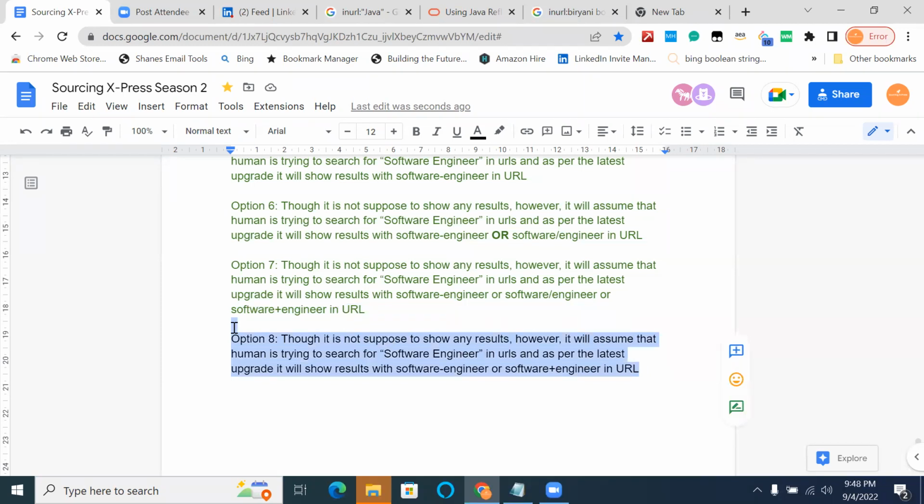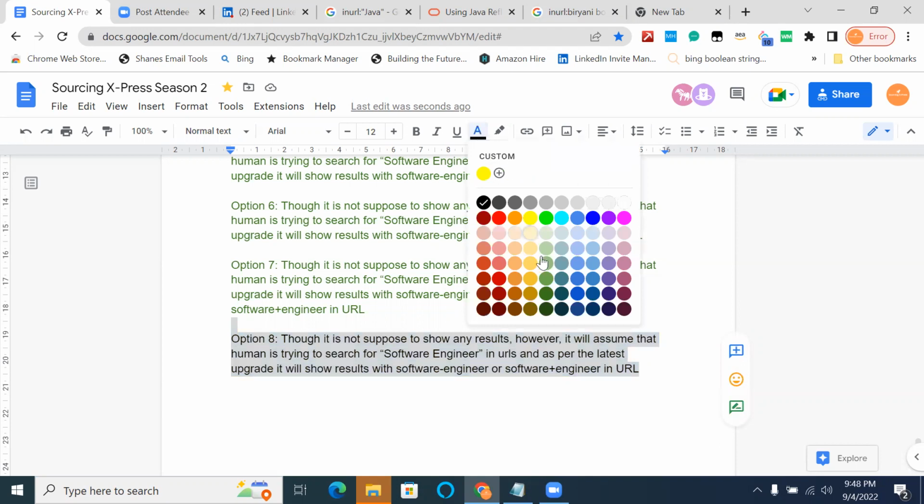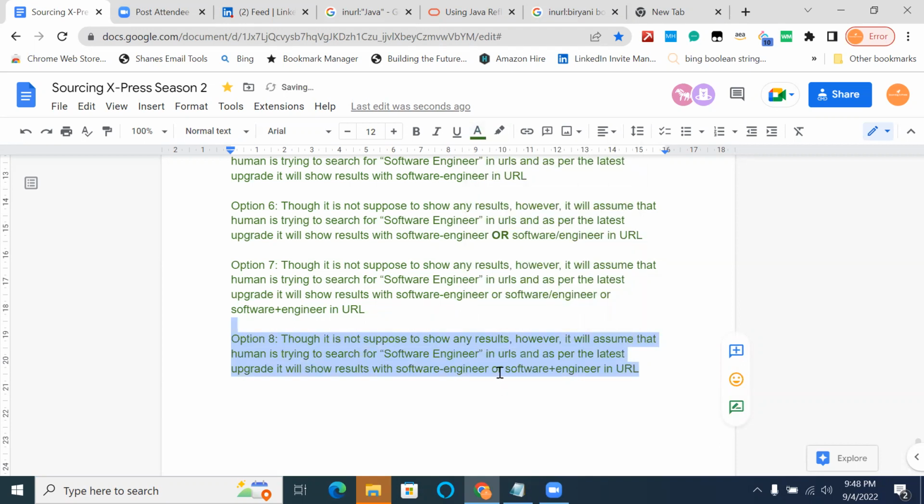Still a true? Yeah. Why? Because or is there, and in the 7th question we have 2 ors, and in the 8th we have only 1 or. So out of 3, there will be 2 results or 1 result, that should be fine. Either 3 or 2 results. So if we have 2 results in 8th, then it is also correct. If we have 3 results in 7th, then it is also correct. Awesome.